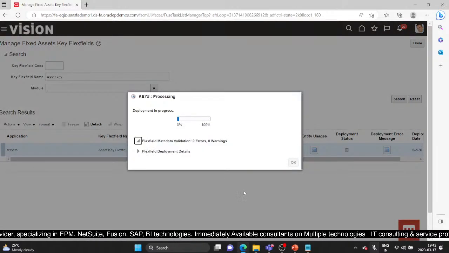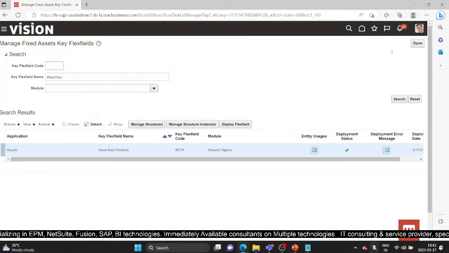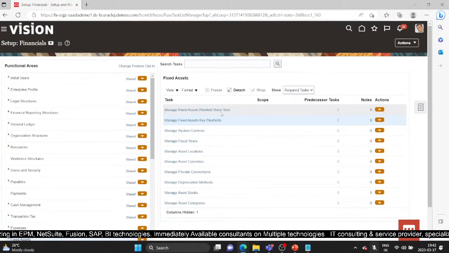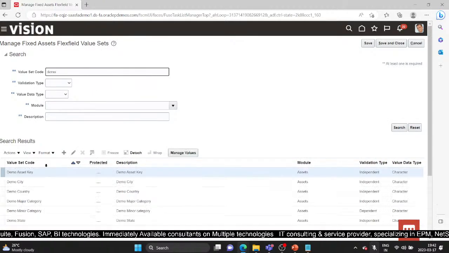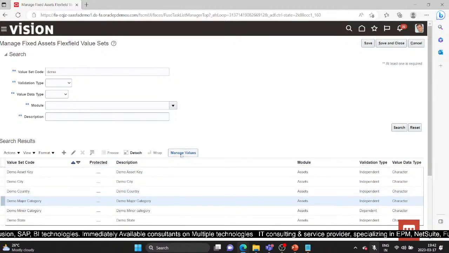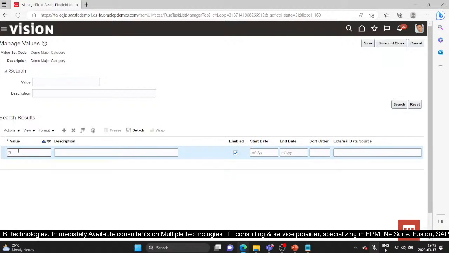So once we have created the structure, we have created the instances, we'll have to provide the values. So providing the value can be done with the first task, manage fixed asset Flexfield value sets. You need to open our value set code. So if I click on demo, it will give us all. So see, if I want to give the values to the major category, I will click on manage values, and here I'll go on add value. I want building,